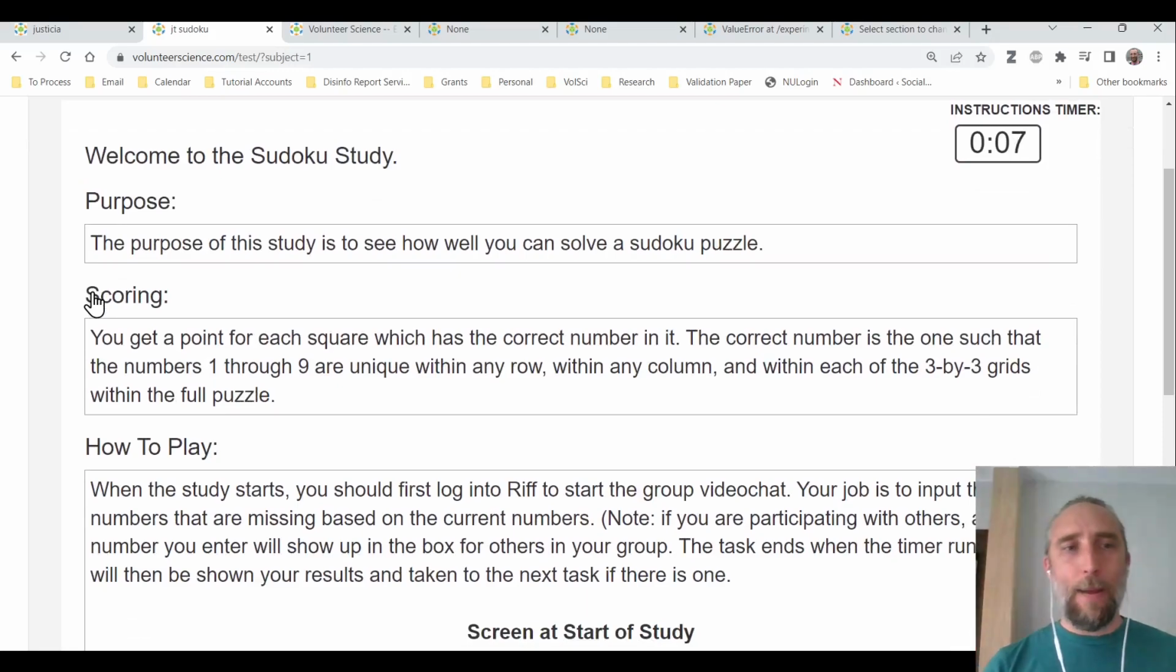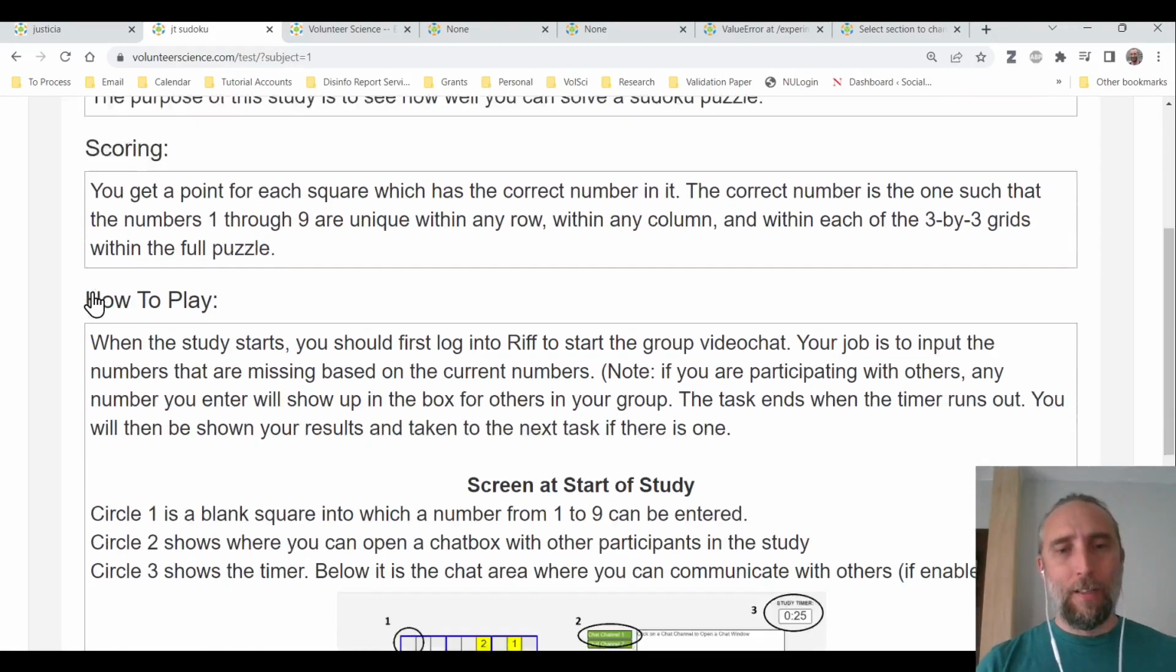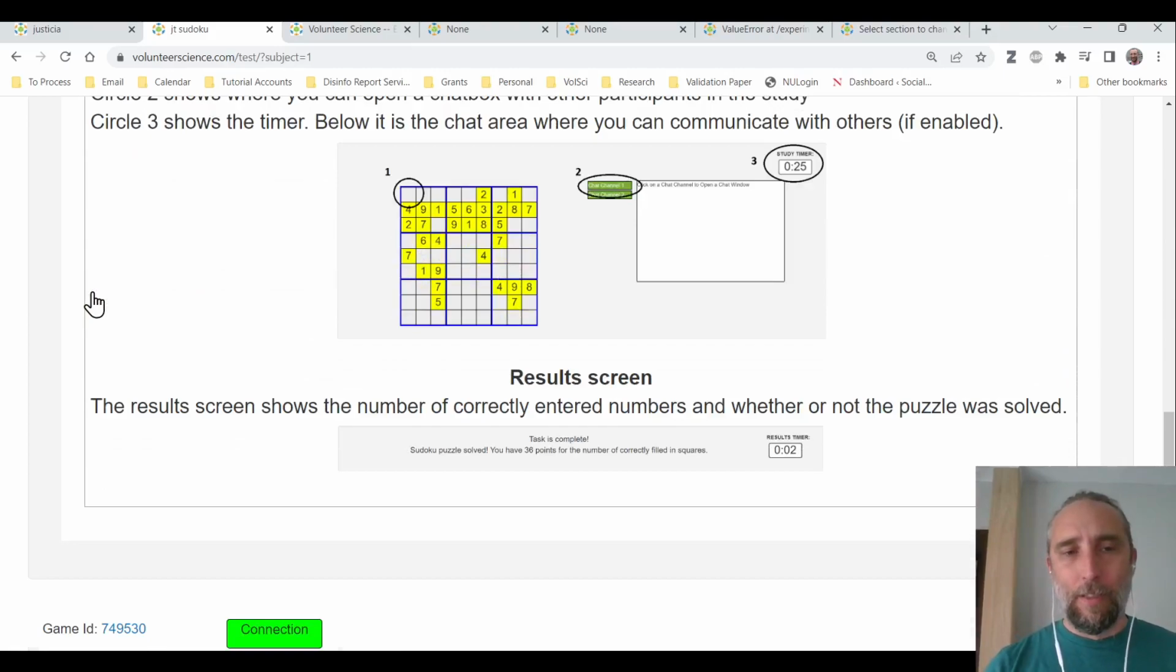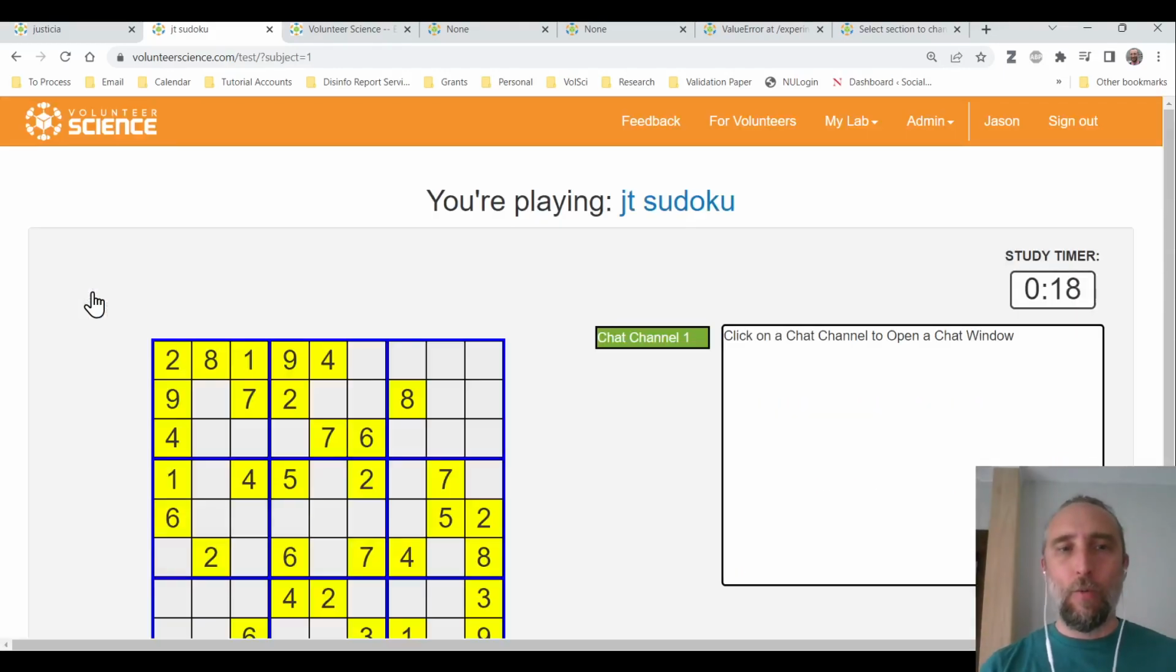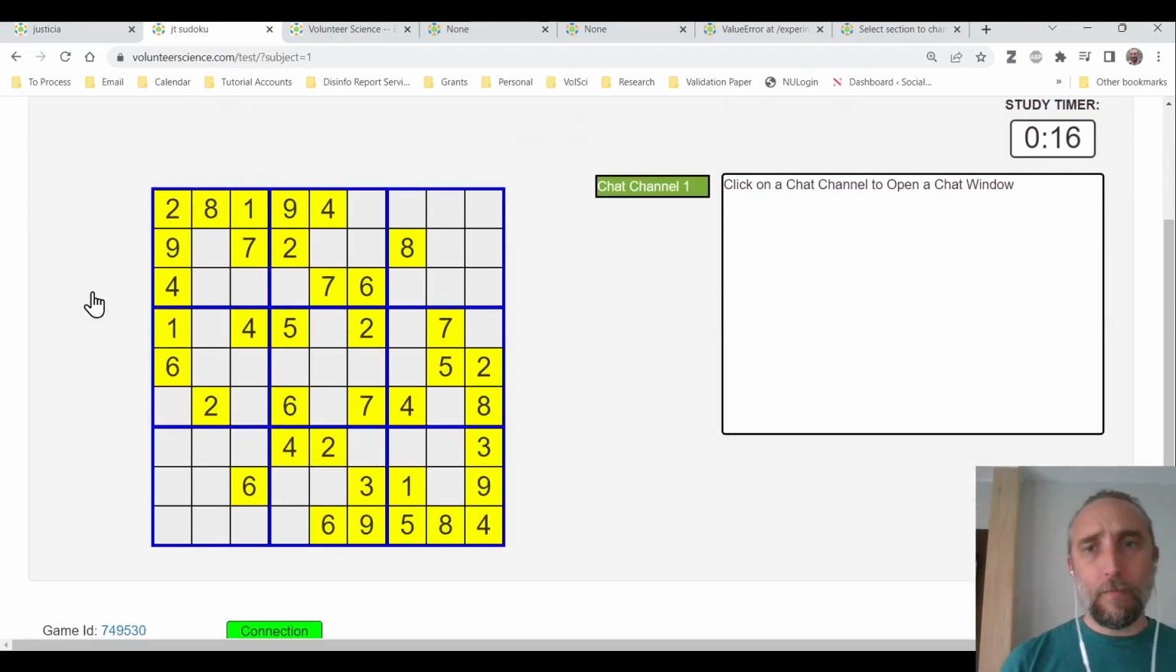Again, we start with the instructions timer. For the instructions, we have 10 seconds. People see the point of the study and some screenshots so they know what they're about to see. And here we're going to enter in the answers, which I don't remember what they are. So we're just going to